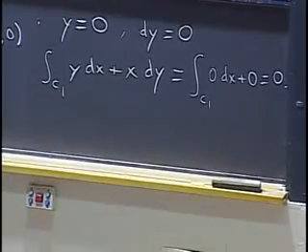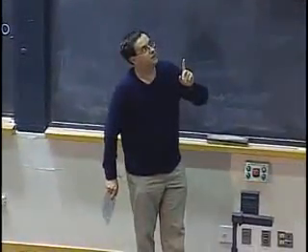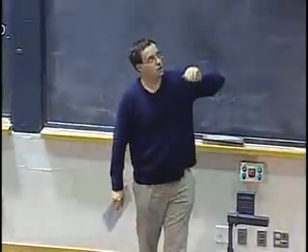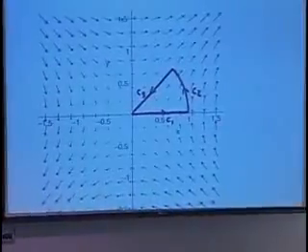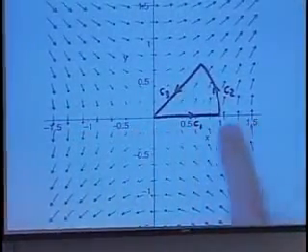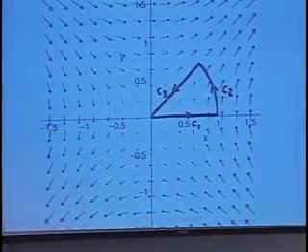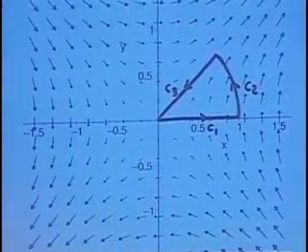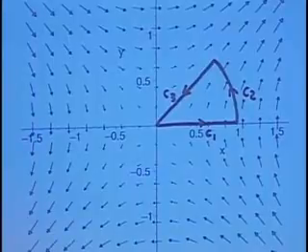Of course, you can also do it geometrically, because you can see on the picture that along the x-axis, the vector field is pointing vertically. If I'm on the x-axis, my vector field is actually in the y direction. So it's perpendicular to my curve. So the work done is going to be 0. F dot T will be 0.